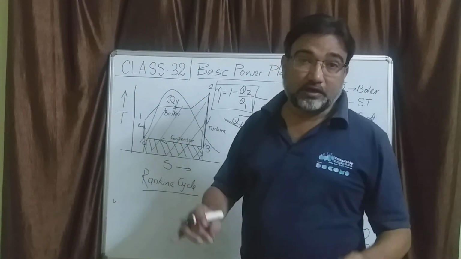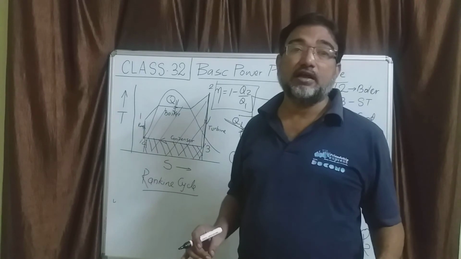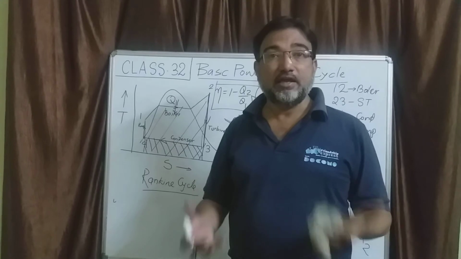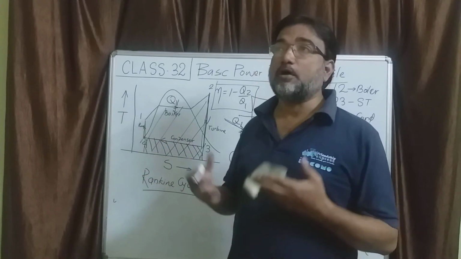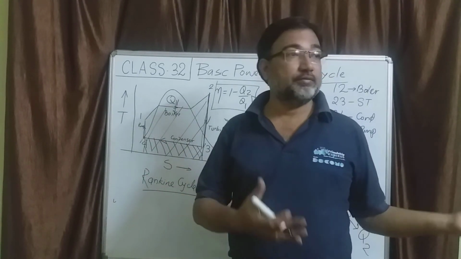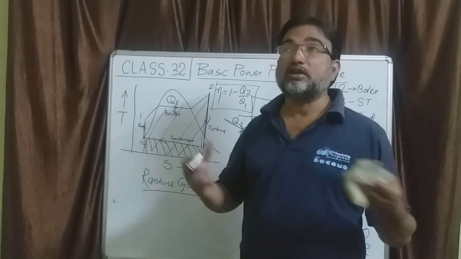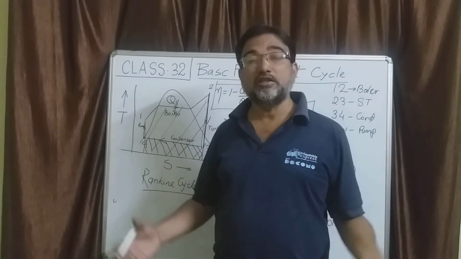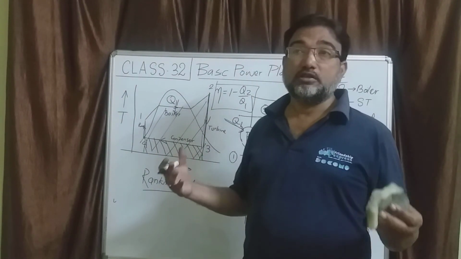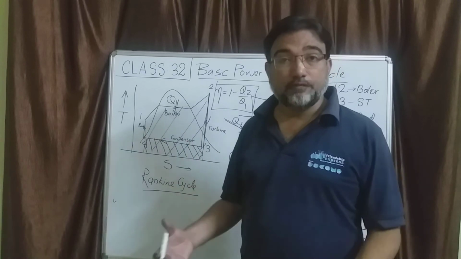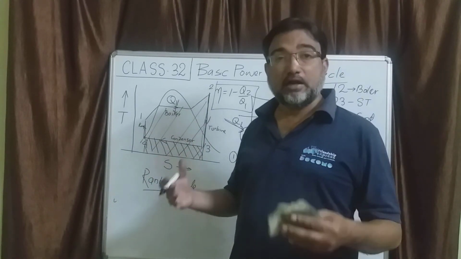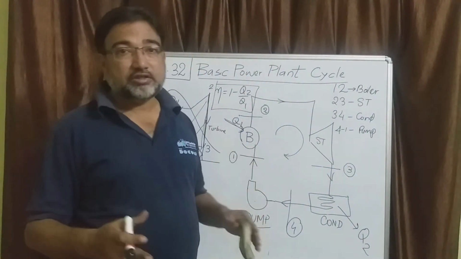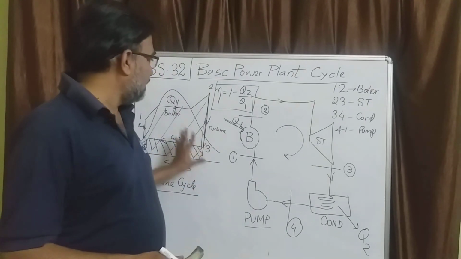How do we get properties at point 2, point 3, point 4, etc. And from those properties, how do we get the real quantities like the work done by the turbine, the power output of the plant, the heat input in the boiler, the efficiency of the plant, the steam rate, the heat rate, and the mean temperature of heat addition. So all those things we can analyze from this diagram,